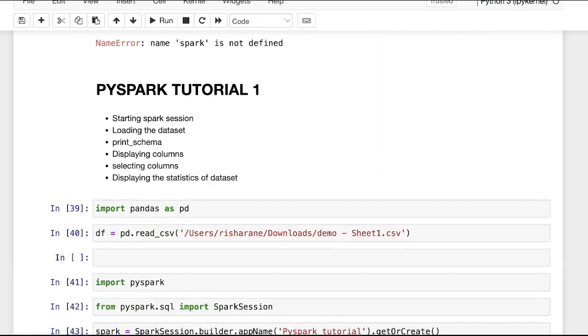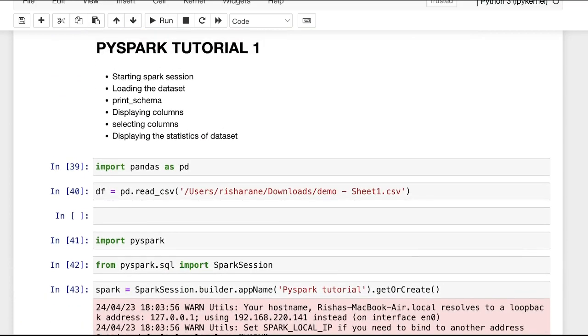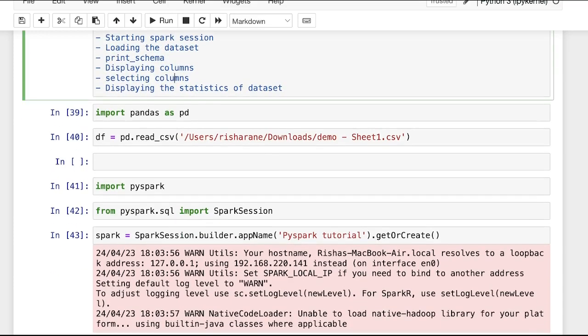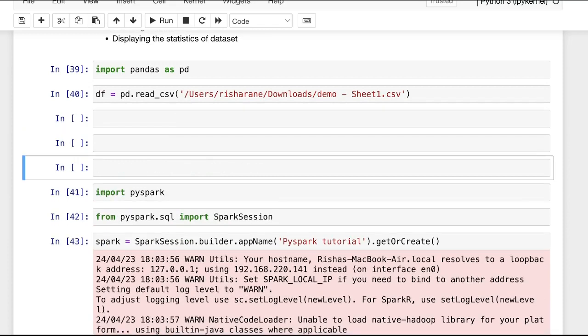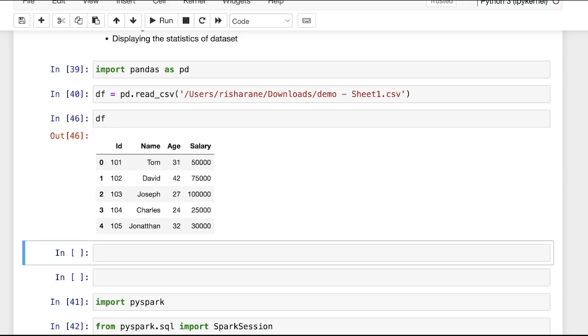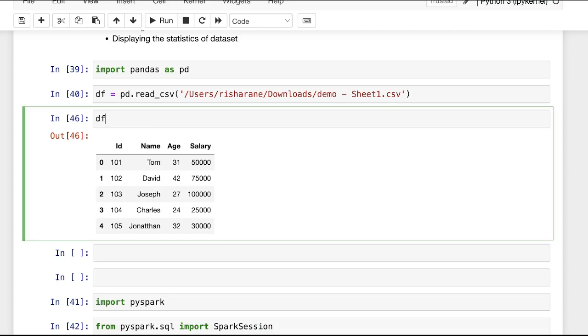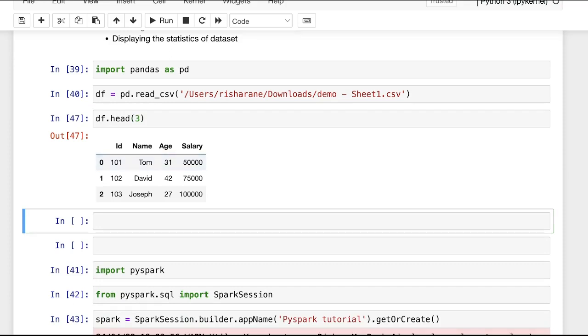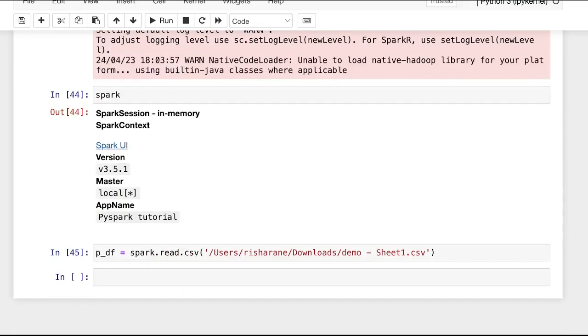The next thing that we will do, here in PySpark session, we have one more agenda of displaying the columns. So in pandas, when we want to display the columns, we use the head method. So if you just write df, then it will show you the entire data frame, and if you want to see some specific rows, in that case you will use the head method and you will provide the value that you want to check. By default, if you don't provide any value here in the head, it will display the first 5 rows of the dataset, and if you provide it with the value, then it will display you the number of rows accordingly. Now to do something like this in PySpark, you need to use the show method.